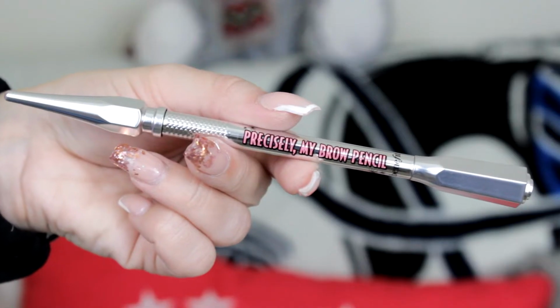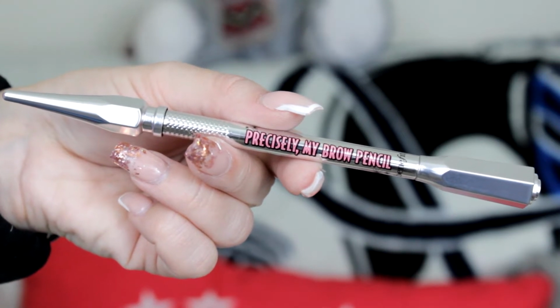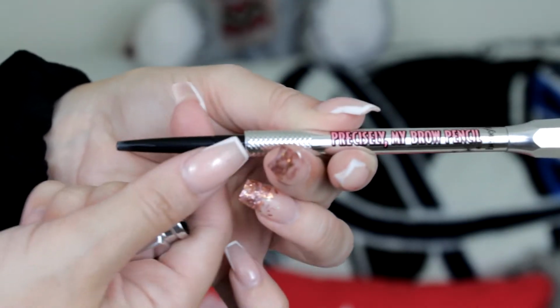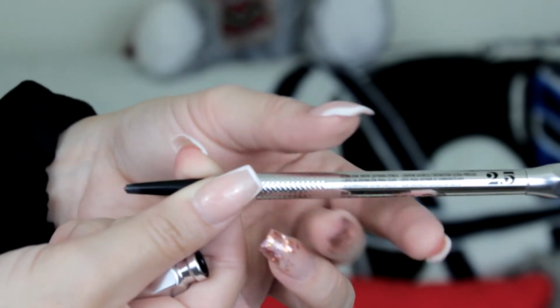which is their Precisely My Brow Pencil. Now, this product has 2 different ends, kind of basic for a brow pencil. You have a spoolie on one end and then obviously the product on the other. And it does have one of those wound up thingies. I'm so technical, it's great. One of those things where you just wind it up to get more product,